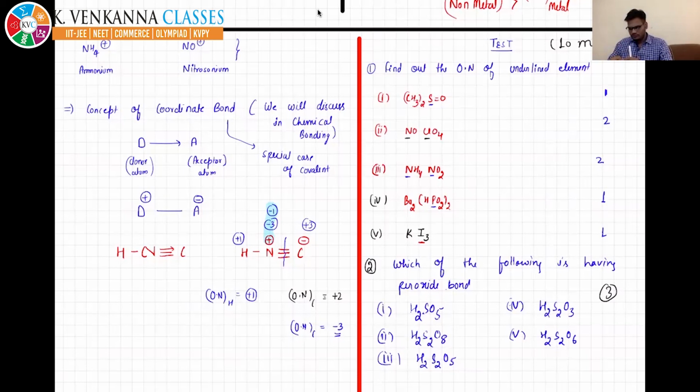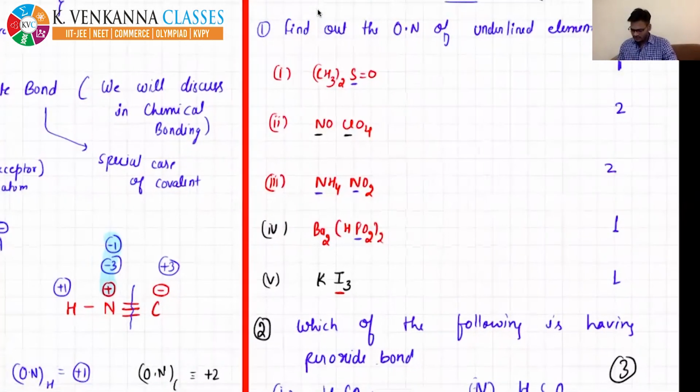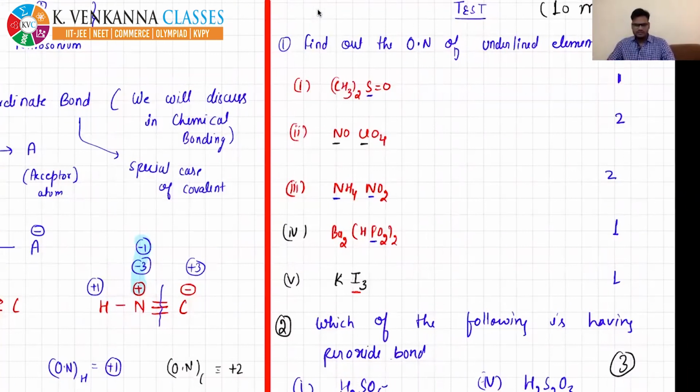Okay, so the time is over, right? So just check. In the first case, if your answer is right, then you can give yourself marks according to the mark scheme, right? In this case, sulfur is attached with carbon, and the structure is like this, and carbon has less electronegativity. So if you solve this, then in this case sulfur will get 0 oxidation number.